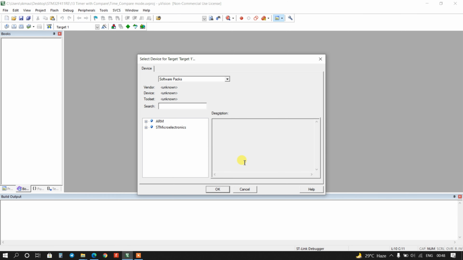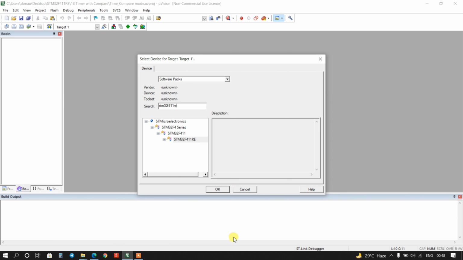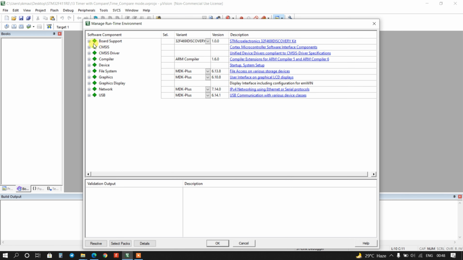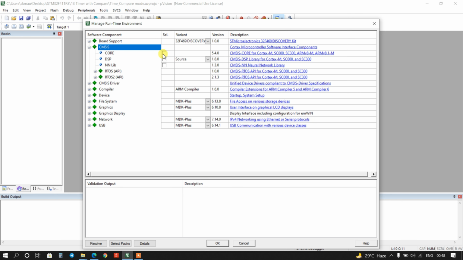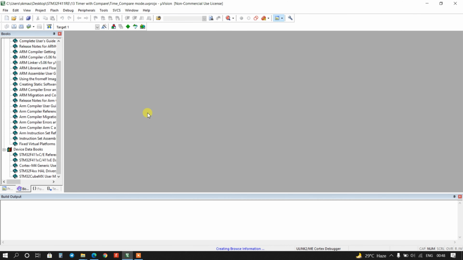I will select the controller here, STM32F411RE. Select this and OK. Now select here Synopsys core and in device select startup and OK.